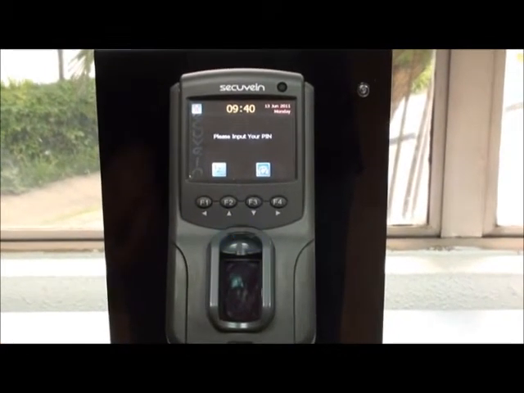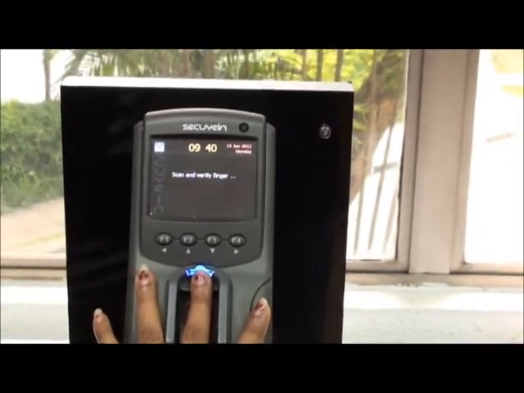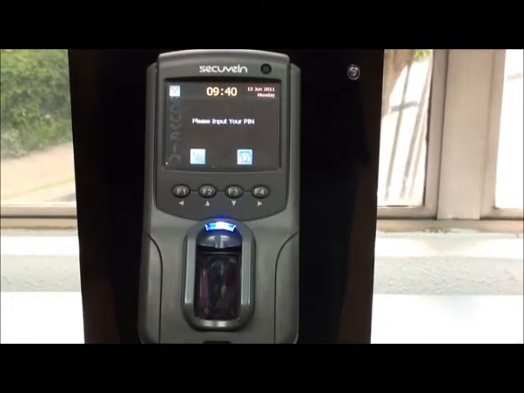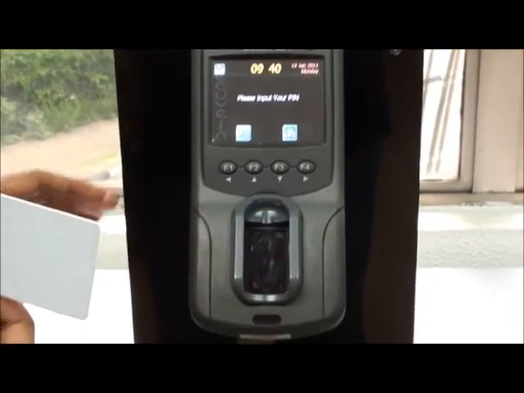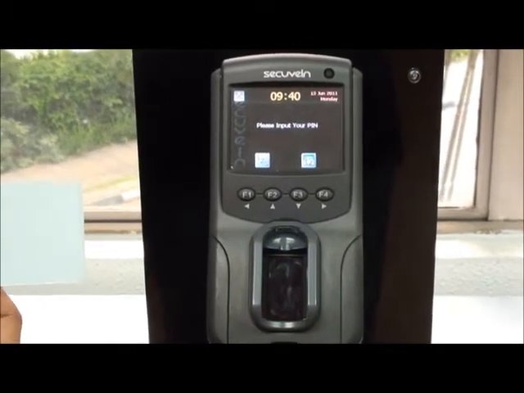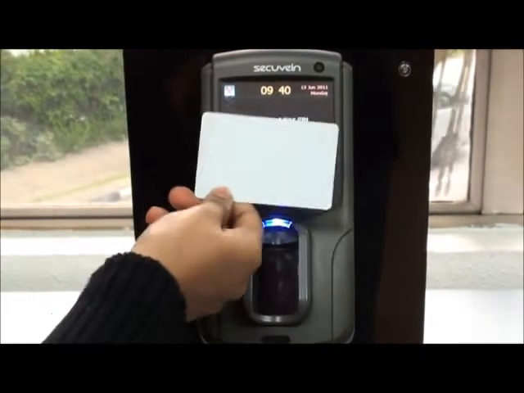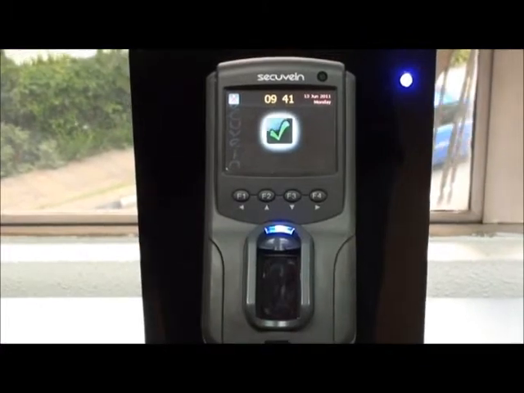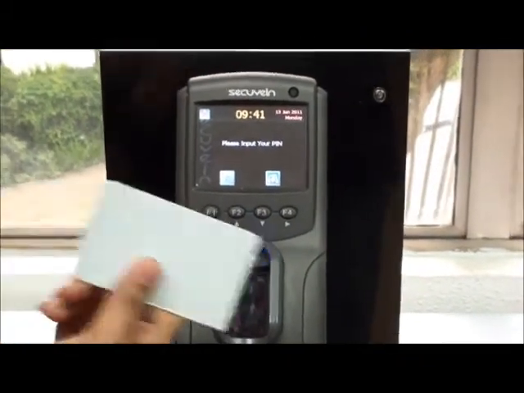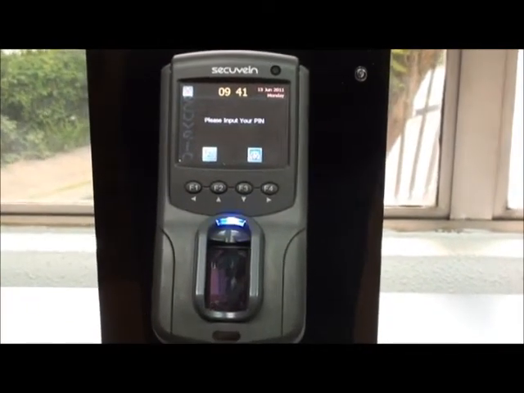We can also flash the card. So here the pattern is stored on the card. When we flash the card, the device looks for the finger vein pattern stored in the device. If the finger vein pattern on the card and the pattern stored inside the device match, then it is successful. So this is called match on card. Matching on the card. Pattern is stored on the card.